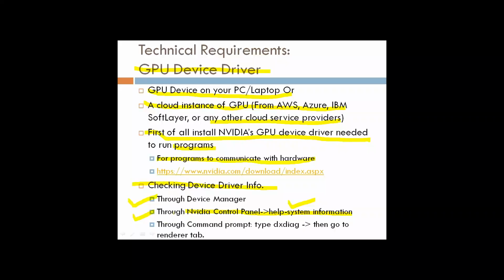Also we can check whether our driver is installed properly through the command prompt. We can type dxdiag and then go to the renderer tab, and it will show the GPU card installed on our machine. So in this slide, if there is any query regarding this,